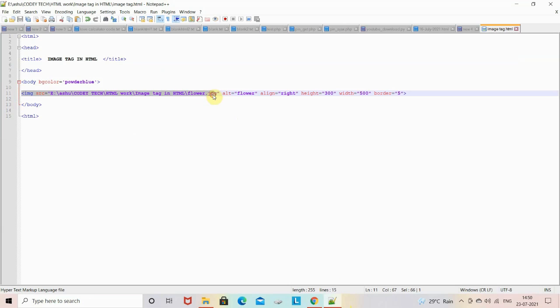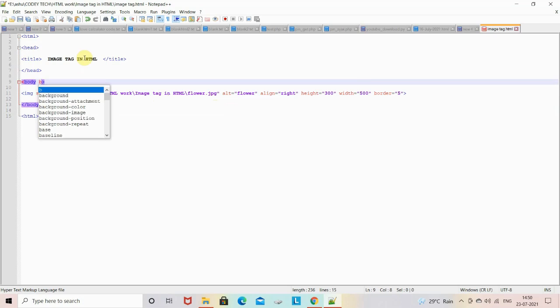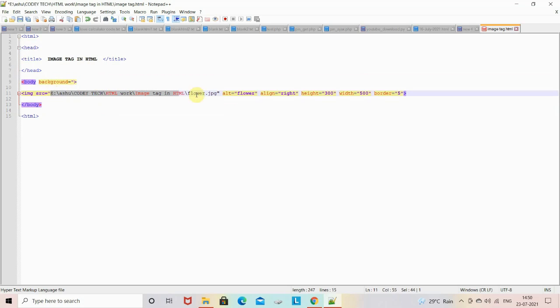Now I will tell you how to insert an image in the background of your website. For giving a color to your web page, you need to write the bgcolor attribute and just give the color. But if you have to insert an image, then you have to write the background attribute in the body tag and just give the address in here.